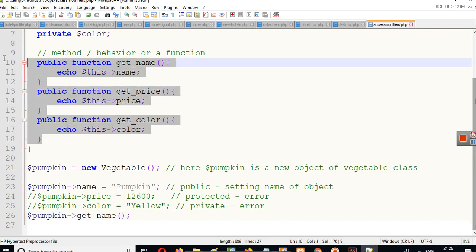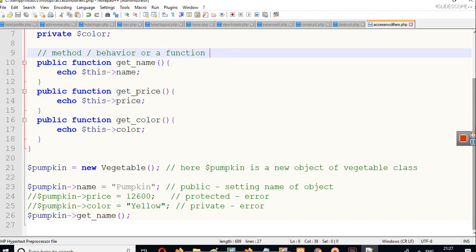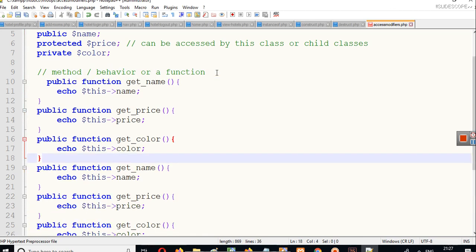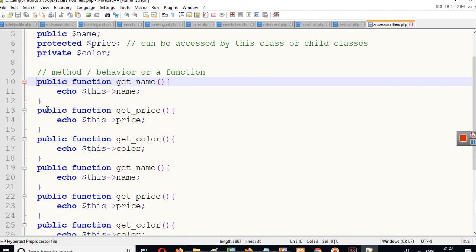So the best way is to use a constructor function. We can use a constructor function also, and we can use these functions also. So using these functions we can set name to something, we can set price to something. So set name, set price, and set color.